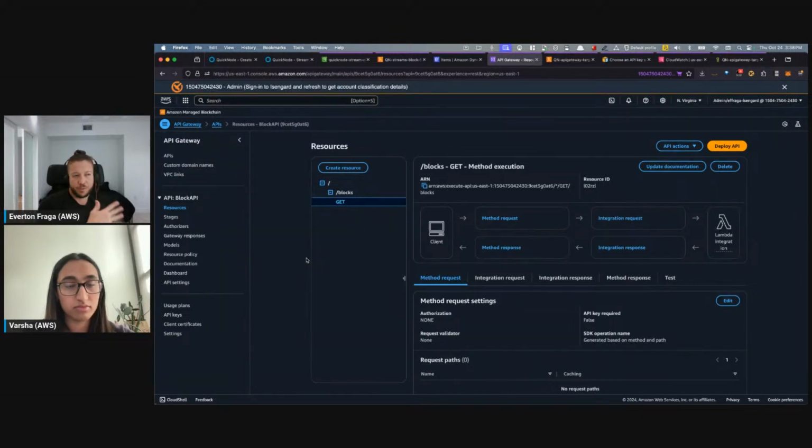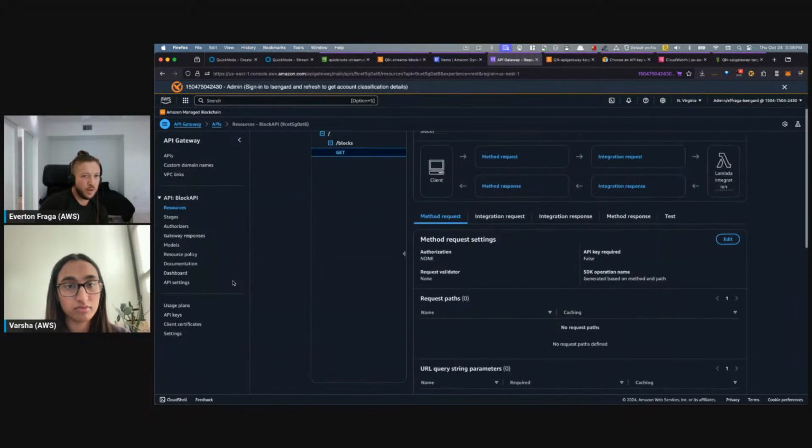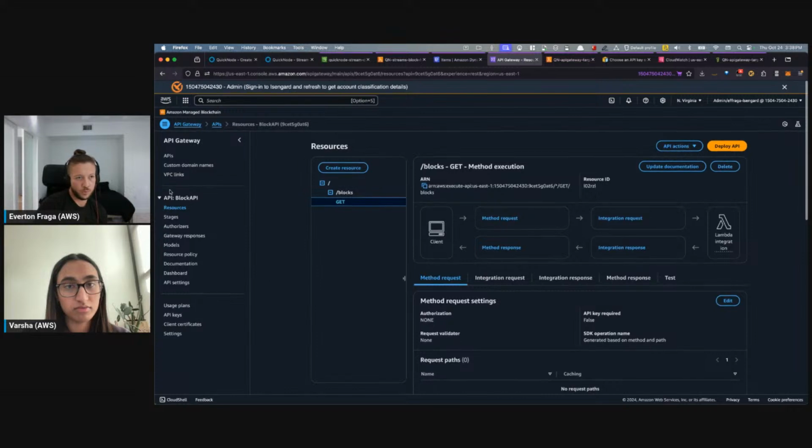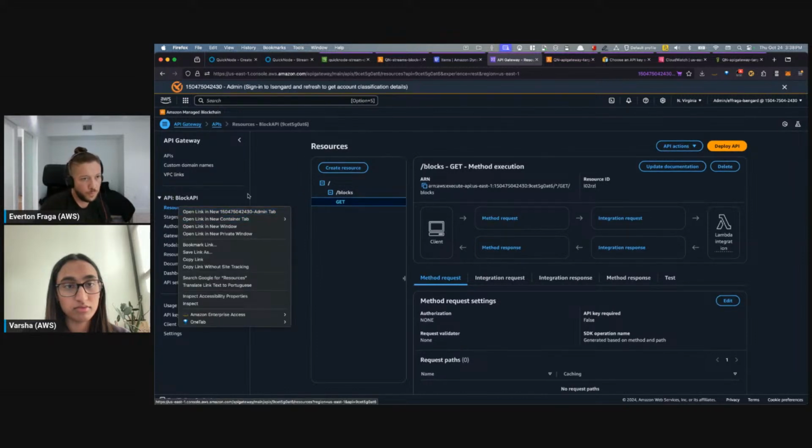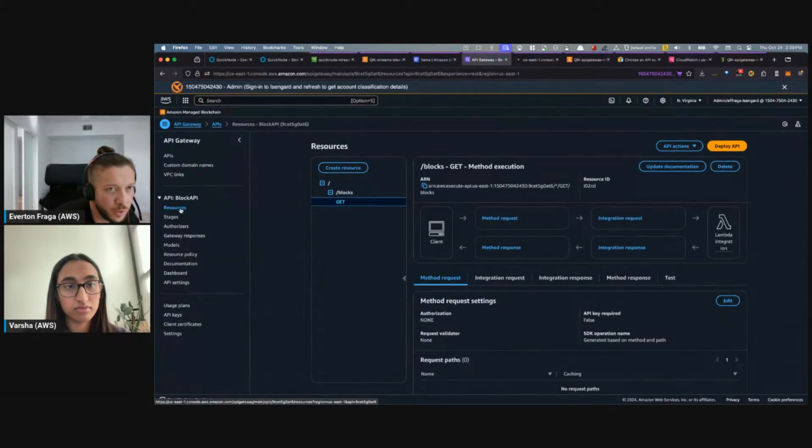Then I can have different flavors of it, REST API or just a regular plain HTTP one, right? And fast forward, this one I created just from the console. It's easy to create. There's no trick here as well.